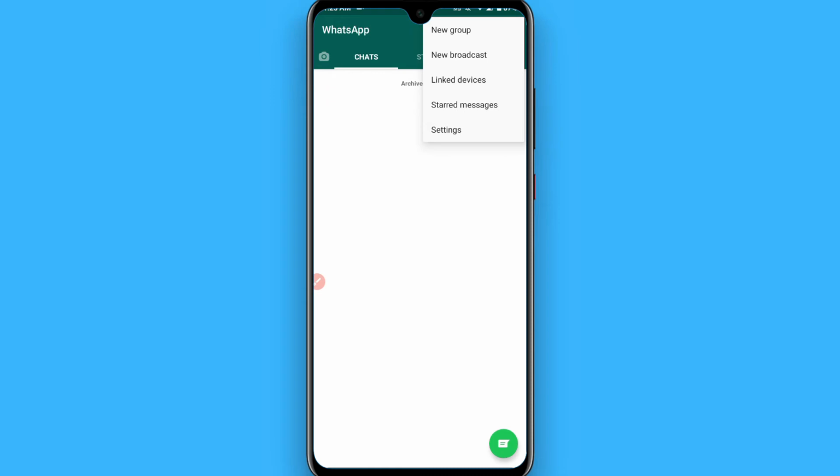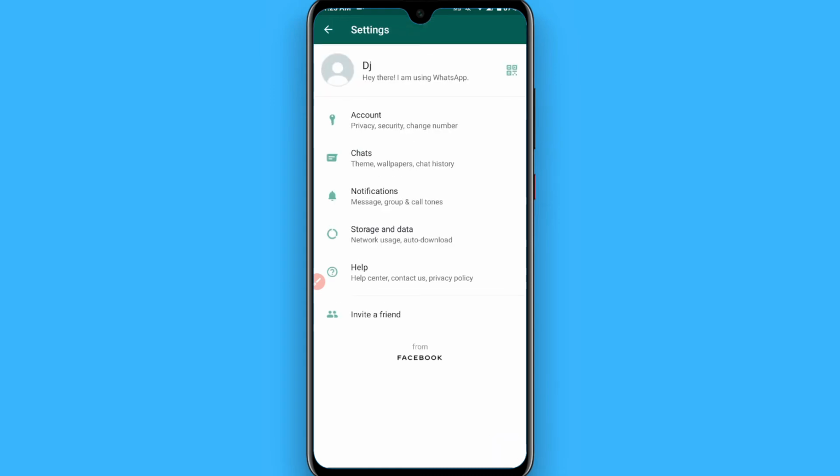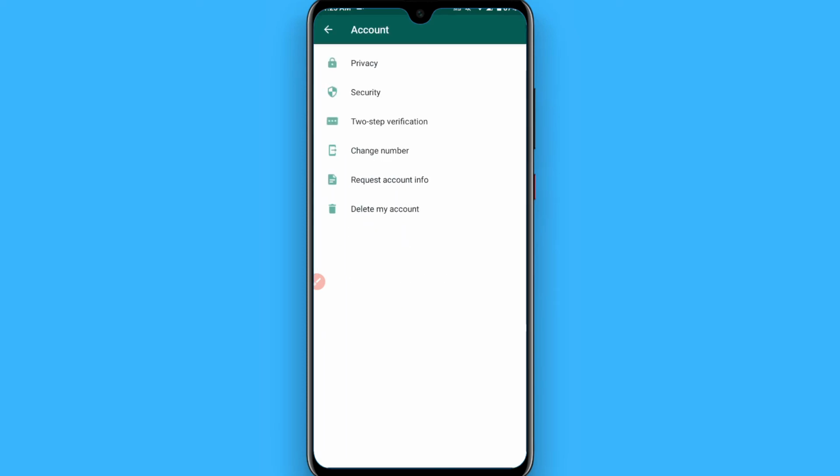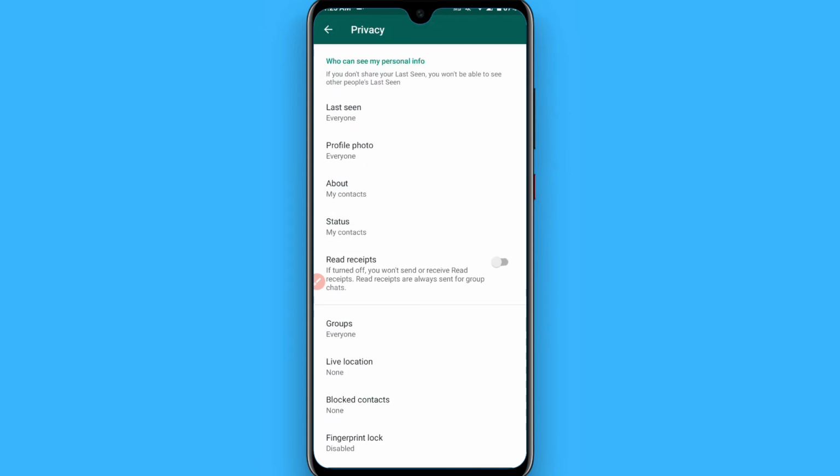Simply click on Settings, and here you will see multiple options. You have to click on Account. Once you click on Account, you have to click on Privacy, and in Privacy you will